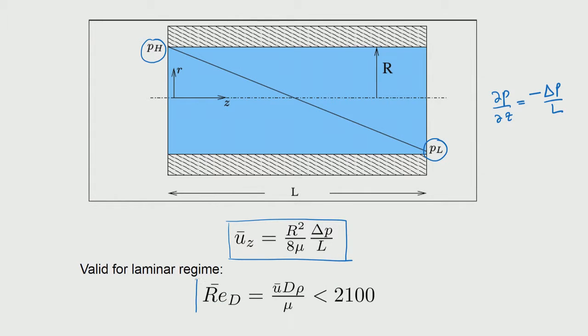After we solve a problem to determine the average velocity through a pipe due to pressure drop or body force rho g, for example, we need to multiply the velocity with the diameter and the density, divide by mu, and check that the Reynolds number that comes out is small. That is when the laminar flow assumption is valid, and therefore the results will be correct. Beyond this number we cannot use this expression.